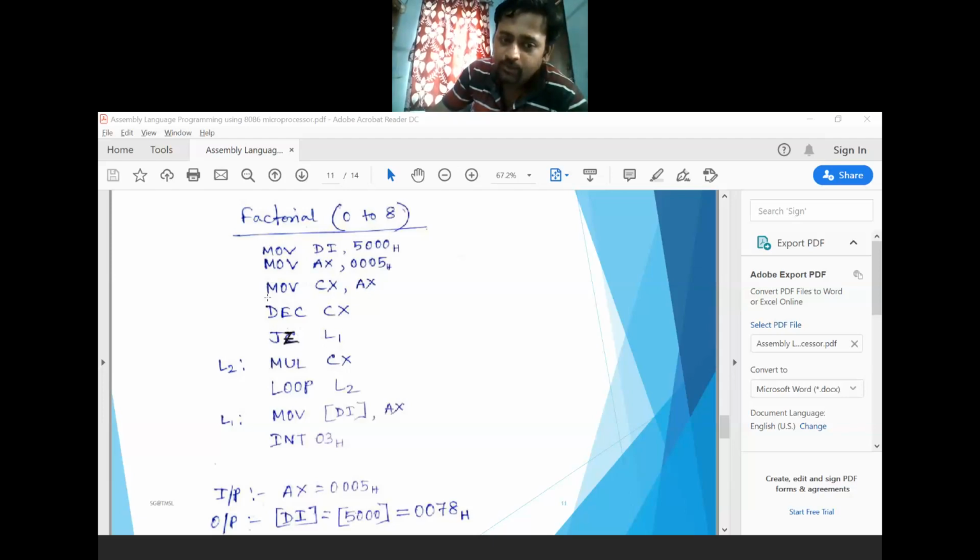Then a LOOP L2, and your L2 will be in the fifth line, which is DEC CX. Your L2 will be DEC CX. So here in this slide, it is wrongly mentioned that L2 is this one. Okay, 1 minute.